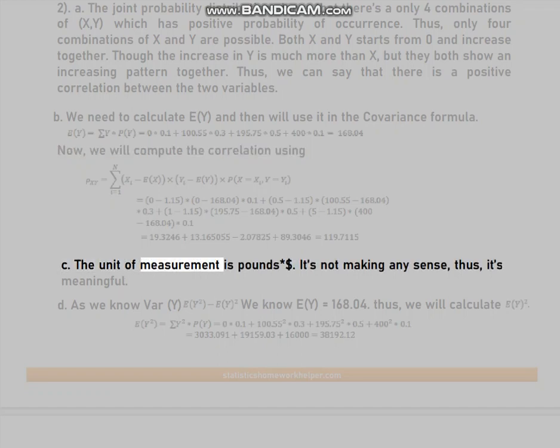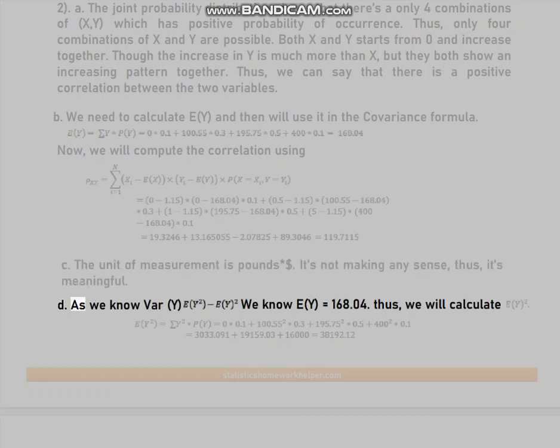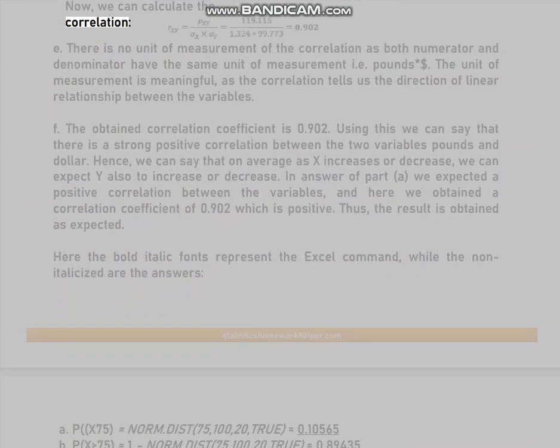C. The unit of measurement is pounds times dollars. It's not making any sense, thus, it's not meaningful. D. As we know Var(Y), we know the standard deviation of Y equals 168.04. Thus, we will calculate. Now, we can calculate the correlation. There is no unit of measurement of the correlation as both numerator and denominator have the same unit of measurement, i.e. pounds times dollars. The unit of measurement is meaningful, as the correlation tells us